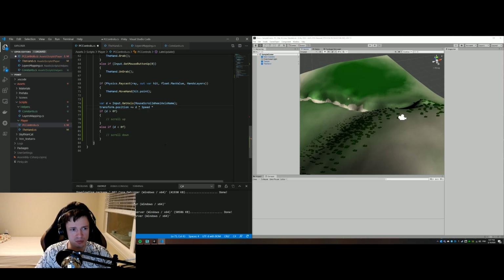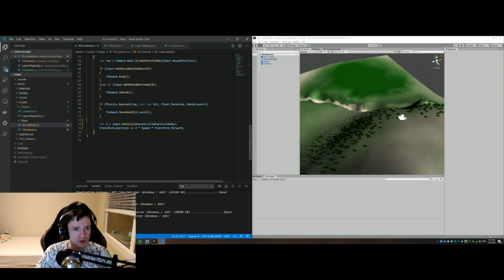Speed multiplied by transform.forward. If Math.Abs of d is bigger than a constant, really small. So if it's not just changing a bit, if it's more or less changing, then we should do it. I'm not sure